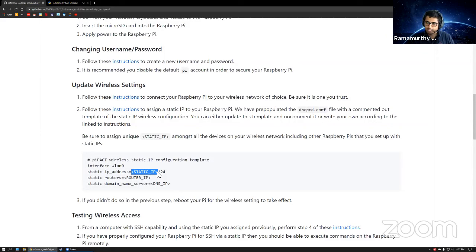It should generally be something like 192.168.something.something. The first 2 are basically this. It should generally be the same domain as your network IP. The last 2 is just something unique, something that you don't expect your home network router to assign to other